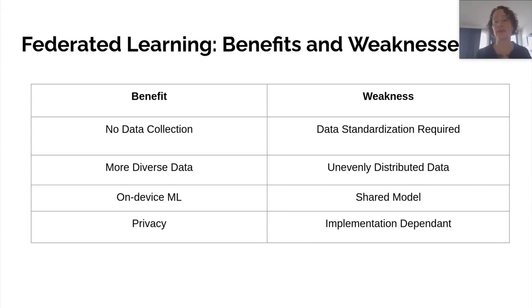We have way more diverse data when we think about expanding our reach to many, many different edge devices. That's one of the reasons why Google even thought about federated learning: how do we get better targeted improvements for particular types of machine learning that we're trying to do? But when you get that more diverse data from more varied users or populations, you also have to think of the fact that it's unevenly distributed.